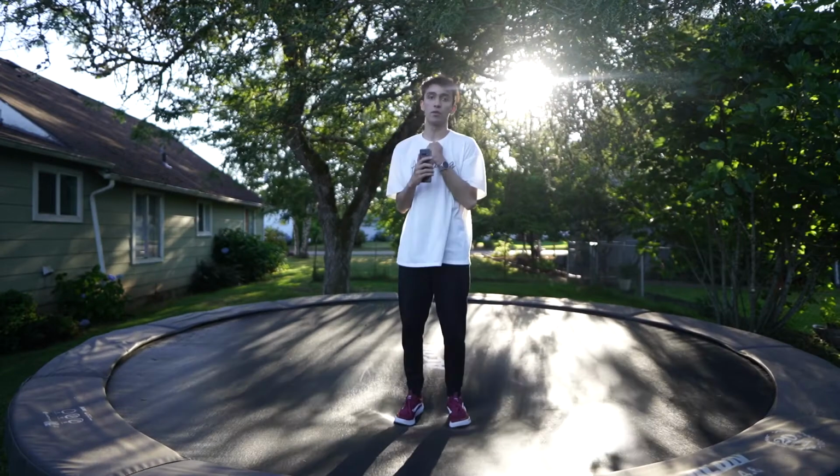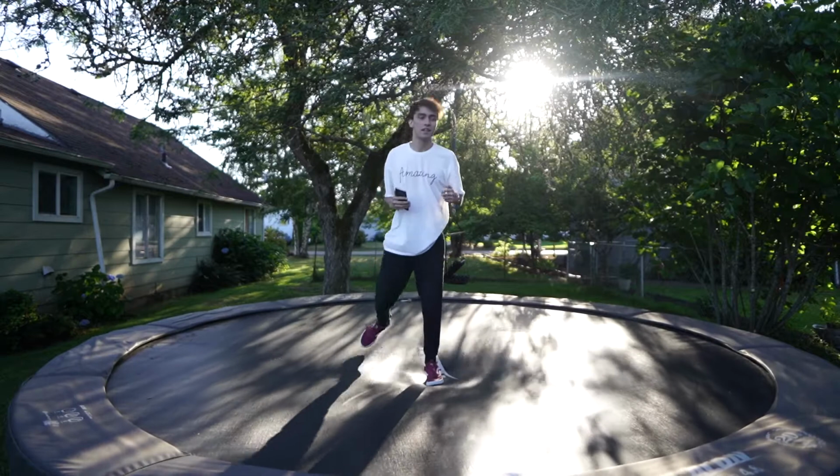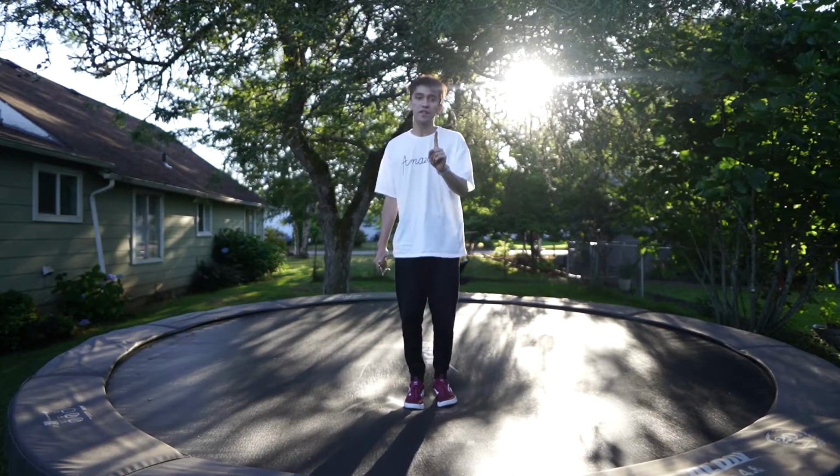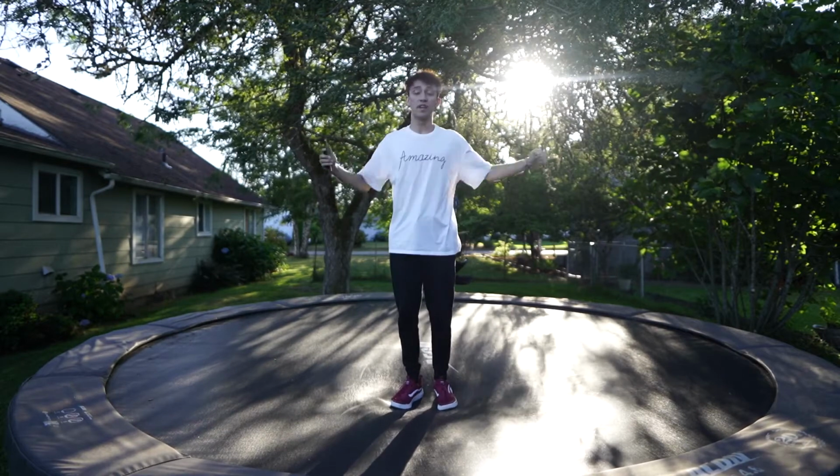So before I get into any advanced techniques, we have to start with the basics. Twisting fast isn't just about being as pencil straight as you can be. It's more about the transition between throwing and twisting. If you jump and you immediately go into a twist, that's not necessarily going to help you spin faster. The first thing that actually makes you spin faster is going from open to closed as fast as you can